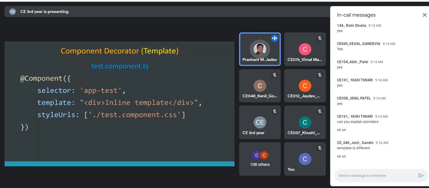Right now, for example purposes, we are going for a simple one-line, two-line example, but then you will have a full-fledged HTML file as an external HTML. Right now we are not styling our view, but as we have seen in the last lecture, you can easily write the CSS and then apply the styles to the HTML referred by the templateUrl.